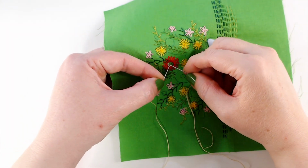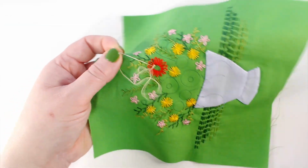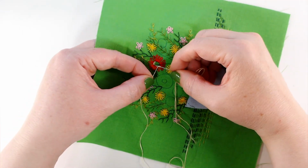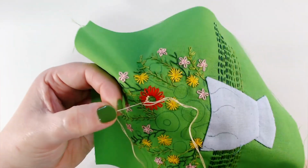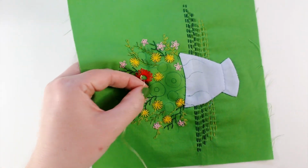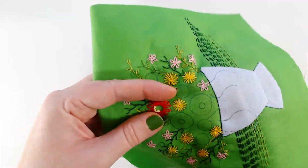Try not to take your needle down at the same point that the thread comes out. Make sure there's a little bit of fabric caught, just a couple of threads on the weave of the fabric will do it. But if you take your needle back down at exactly the same point that the thread comes out, your French knot will just pull through to the back, and you might as well not have bothered. So just make sure you're catching some fabric when you take your needle back through. And French knots work best when you keep your thread under tension. So you can see I'm holding that working thread until the last moment when I pull my thread back through